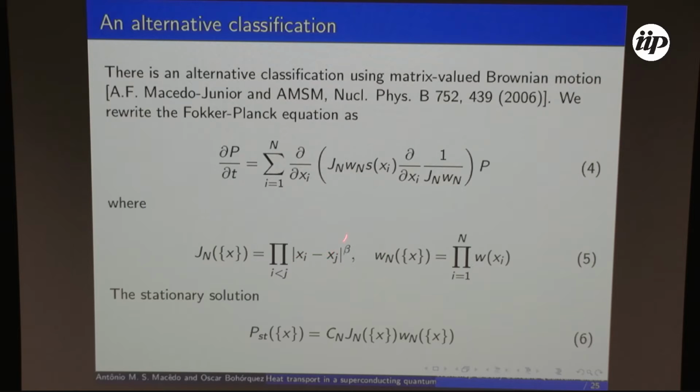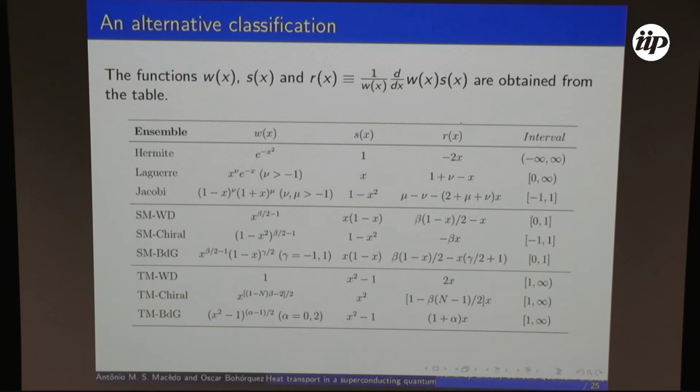This is how the variable x is defined. It's defined in such a way that the Jacobian of the transformation, if it is a matrix, from the non-diagonal representation to a diagonal representation. When you do this, you get this Jacobian and the weight function. Okay, so here is the table. This is all symmetry classes, all problems that you can formulate in terms of this tenfold way classification, gives you a collection of functions, W, S, and R is defined in terms of W and X. So these are the two relevant columns.